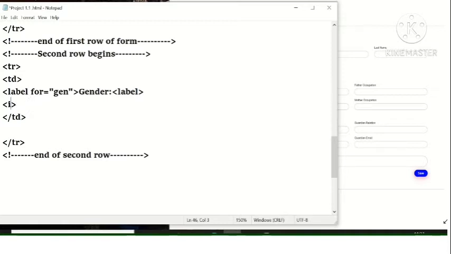Now, when we declare this particular option in the select, and we declare the name that we are opening this select tag for gender, we will provide an ID for it. An ID equals GEN, so that whichever value the user selects for it is going to be stored in the particular ID of GEN.